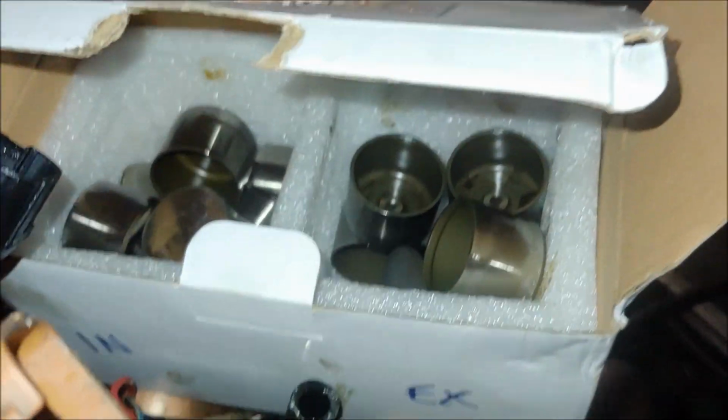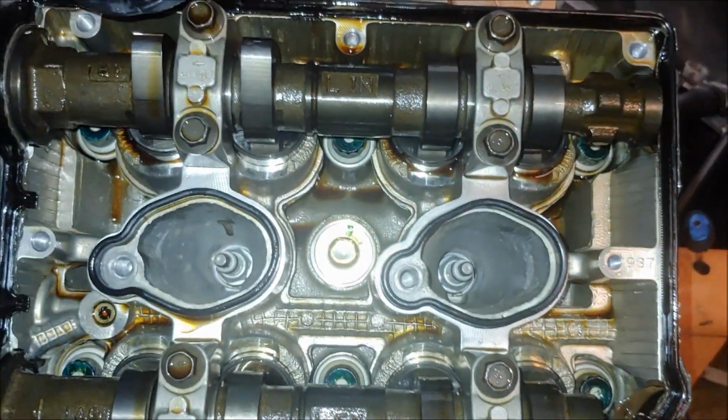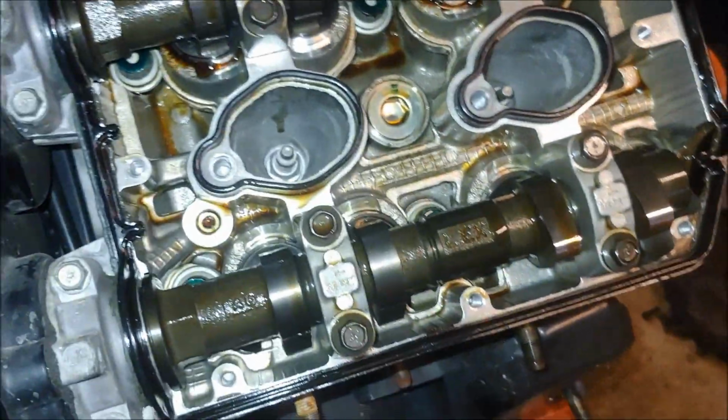Alright, so I got all the buckets out of the other heads. Now they all have little markings in them, 501, 502, 495. That's the thickness for setting the valve lash. Now, obviously it's a big crapshoot because those don't go to these heads. I gotta remeasure them all, and I'm hoping with all those assorted sizes, with a little time and patience, a lot of retorquing cams, I can get them all within spec,